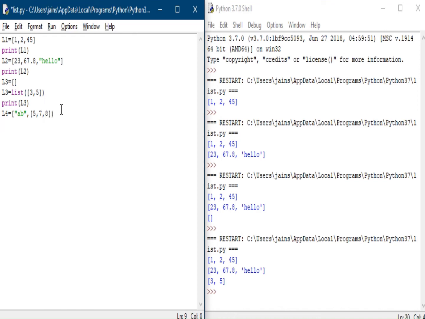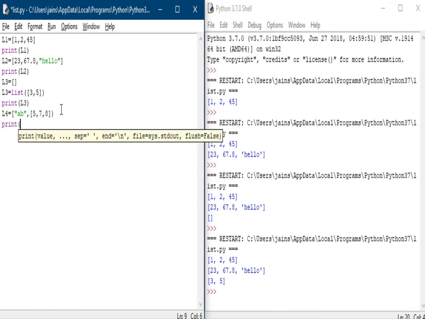If you want to print any element from the nested list, how can you do that? Print the list name, L4. Then I want to print the second element of L4. So that means the index would be 1.